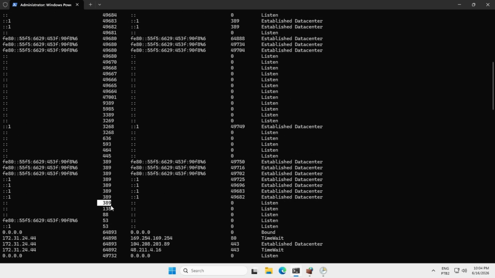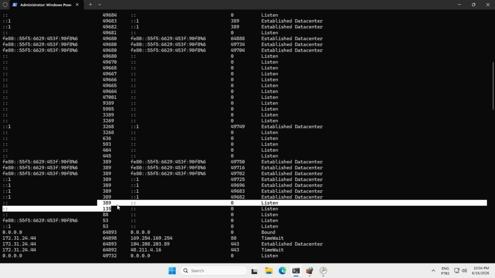389 and 135. Port 389 is commonly used for LDAP, or Lightweight Directory Access Protocol. LDAP is used by directory services such as Active Directory to manage and query information about users, groups, computers, and other network resources. Port